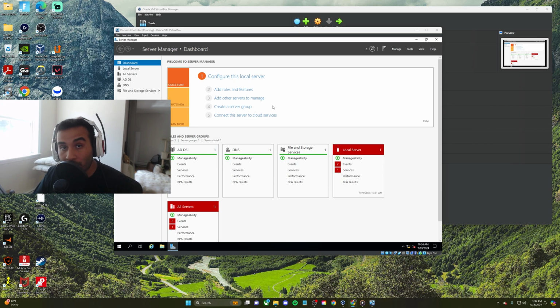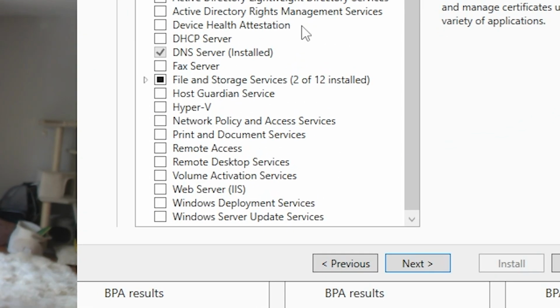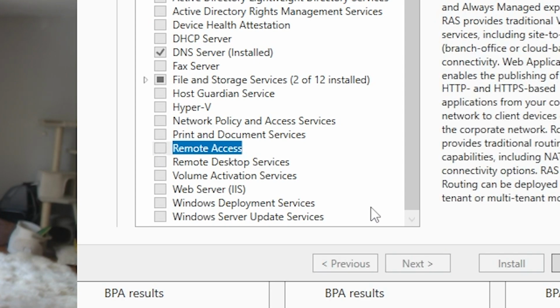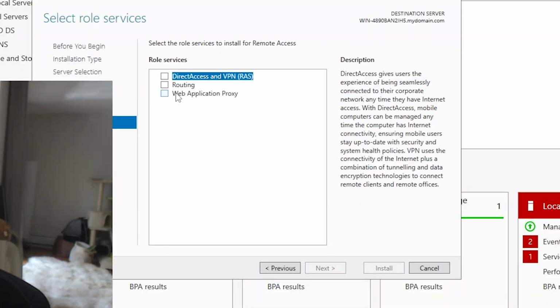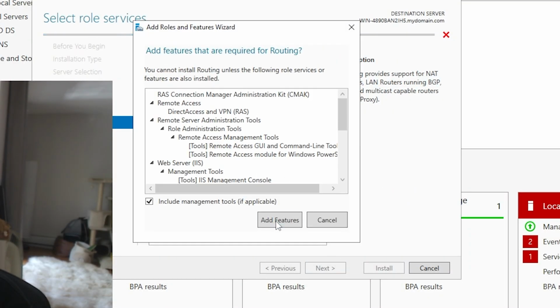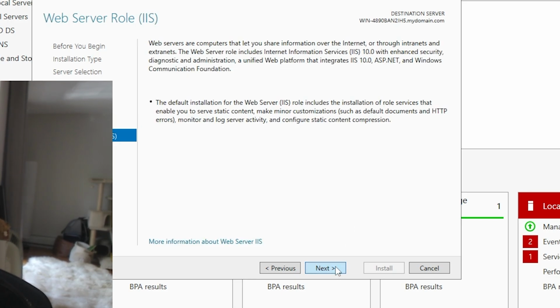All right, guys. So now we're going to install RAS and NAT, which is remote access server and network address translation. So basically what we're going to do is add roles and features. Go next, next. This is our server. Next, and then we're going to click on remote access. Click next, next, next. Make sure you click on routing here. And basically what this does is it allows our clients to connect to our internal virtual network, but also have access to the internet. And click next, next,